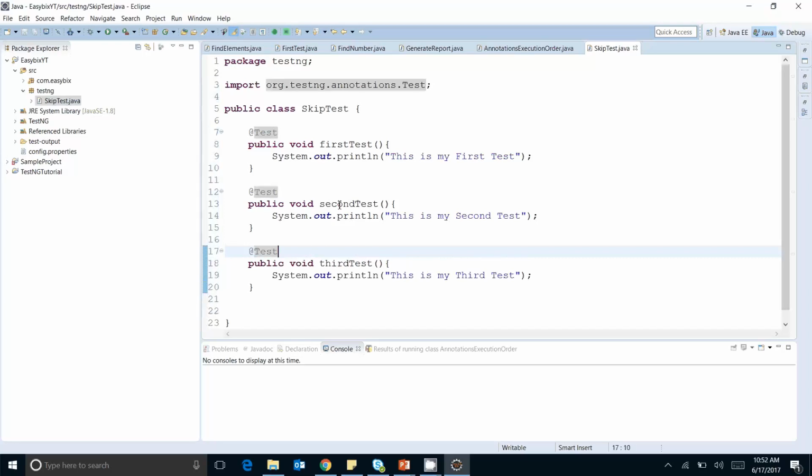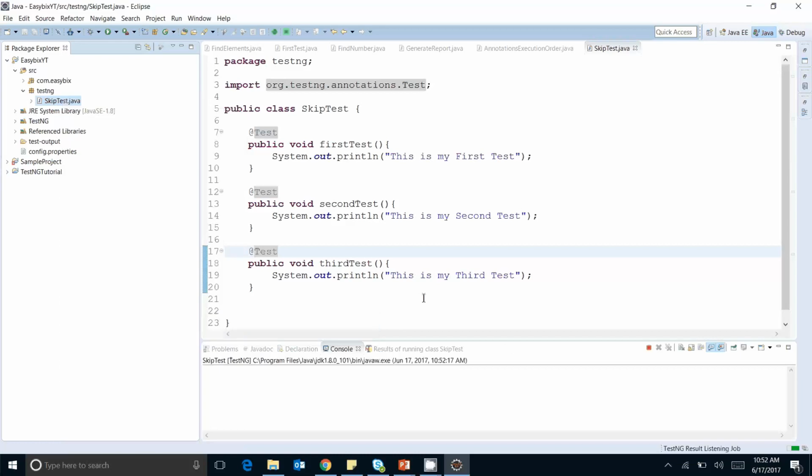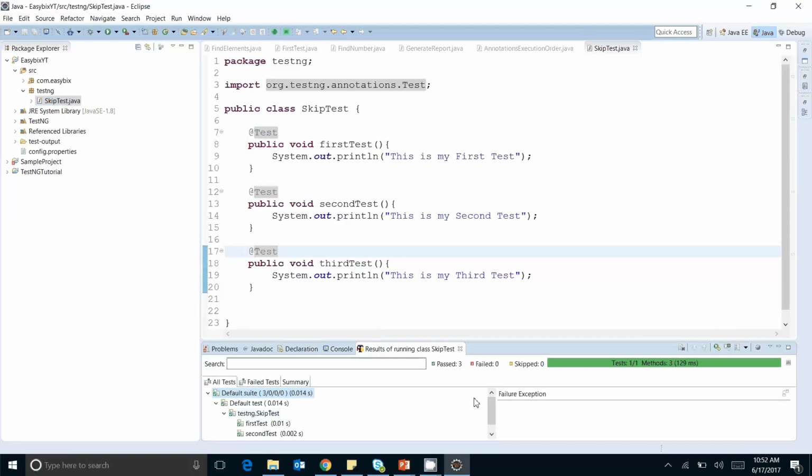So now we have 3 tests in that particular class. Let me execute it to confirm. So we have seen how we can execute the test class in TestNG using the TestNG test. You can see 3 tests, 0 failures, 0 skips. We can see the result. In TestNG, the first test got passed, the second got passed, and the third got passed. All the tests are marked with the green signature.